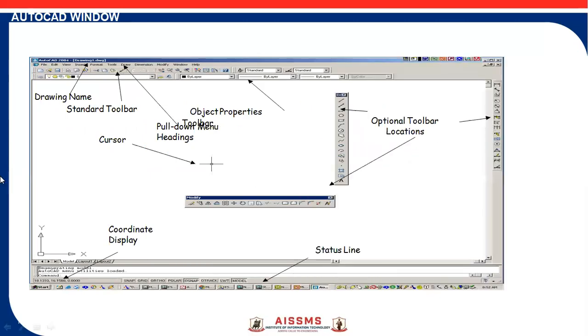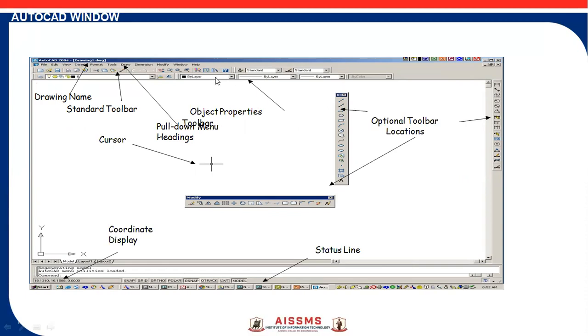If you see the actual window of the AutoCAD software, you will find such an interface. In this, you will find the drawing name, then the standard toolbar like in Microsoft Office, then your layers.